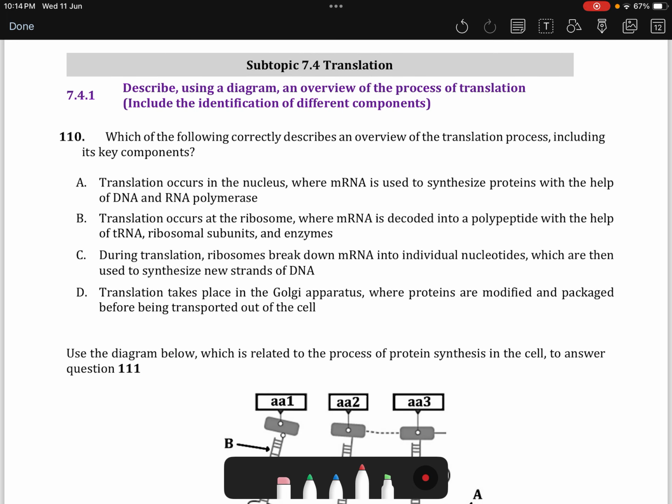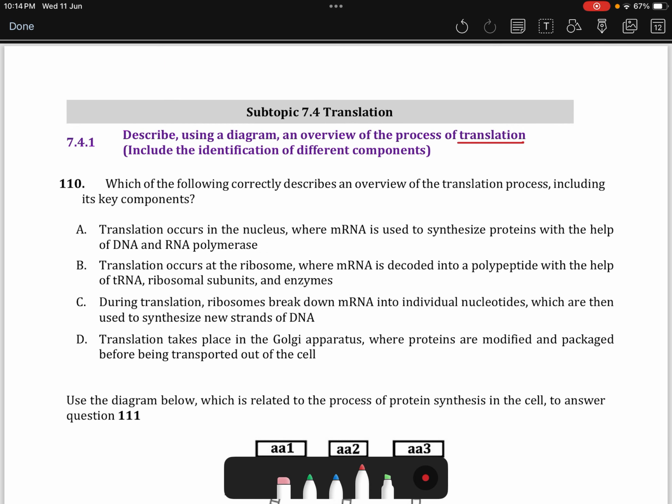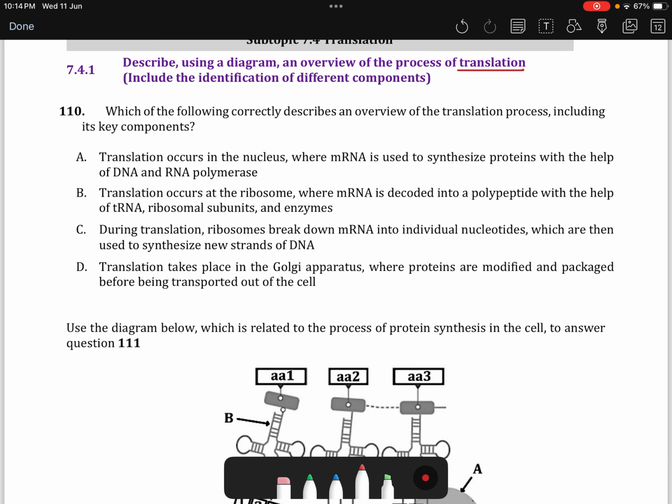Oh, great. We reached the last one. Describe using a diagram an overview of the process of translation. So what is translation? RNA to protein. So this is what we need now, mRNA to protein. Which of the following correctly describes an overview of the translation process? Translation occurs in the nucleus? No. Where does it occur? In the cytoplasm. Translation occurs at the ribosomes? Yes. Where mRNA is decoded into a polypeptide,